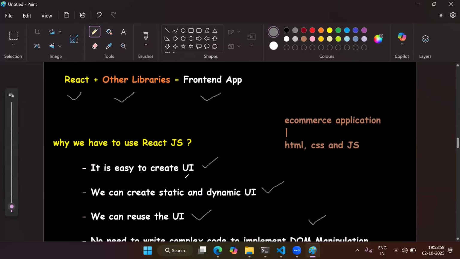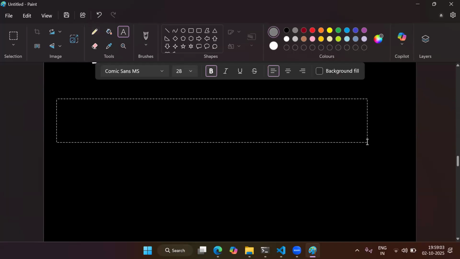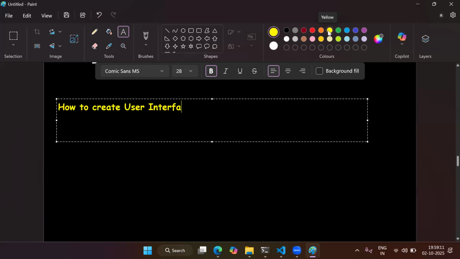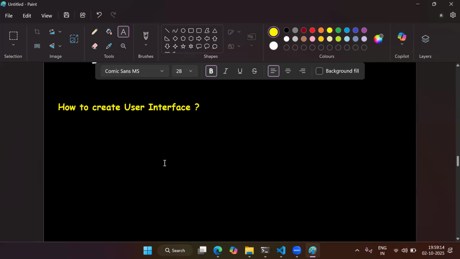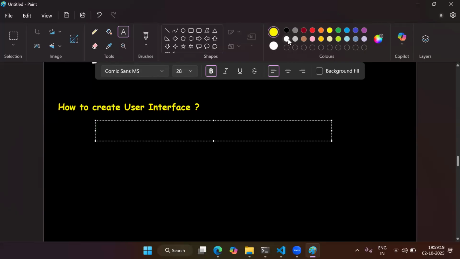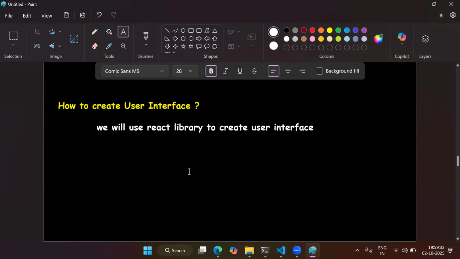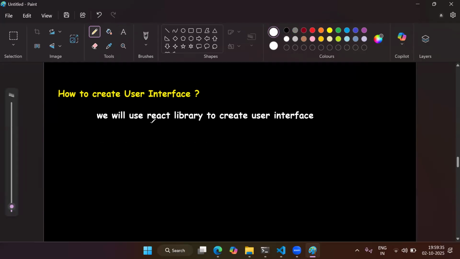So first, we are going to learn how to create user interface. This is our first step. To create user interface, we are going to use the React library. Now in React, if you want to create user interface,